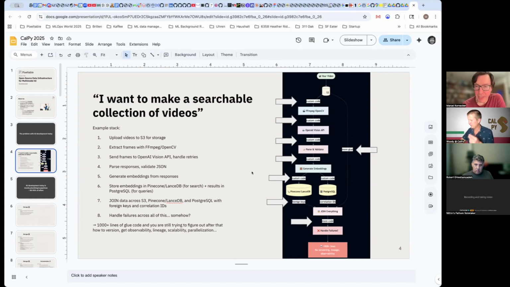FFmpeg is obviously a standard. Like I said, you have endpoints such as OpenAI. You have open source embedding index formats such as LanceDB, as an example. And you can also talk to Postgres and put your structured data into Postgres utilizing things like SQLAlchemy.